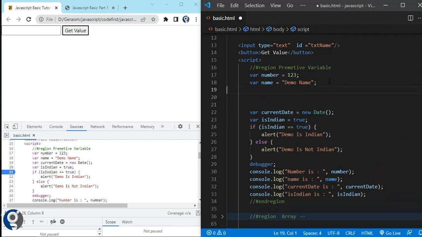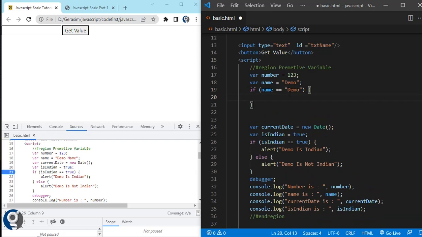Let's compare it with name. If we change the name to demo only, if name is having the value of demo, then we will alert "name is demo". Otherwise, in the else block,